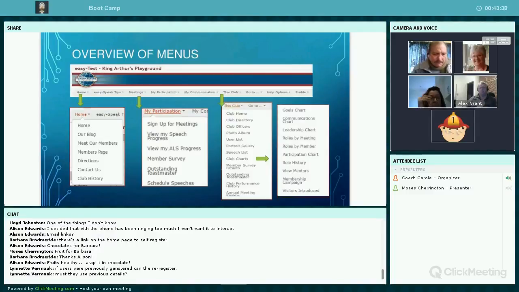Once they've been added as a user, once they have an account and once they're a paid up member, for example, you do want them to follow through on their own self-directed learning. You want them to sign up for meetings. You want them to view their speech progress, perhaps their leadership progress. So let's have a look at those three to begin with.